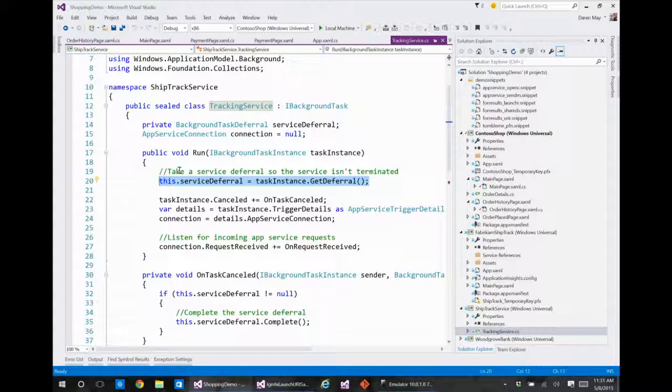Depending upon what you're doing, your deferral may only last for a certain amount of time. So in the Windows 8.1 scenarios, when you're in your suspension event, that's typically where you handle saving your state, because you might be terminated. If you know that you're going to be writing to a bunch of web services, you might want to ask for more time. So in your suspension, you ask for a deferral, otherwise it would just pass straight through. And this pass straight through has been achieved by the introduction of tasks.